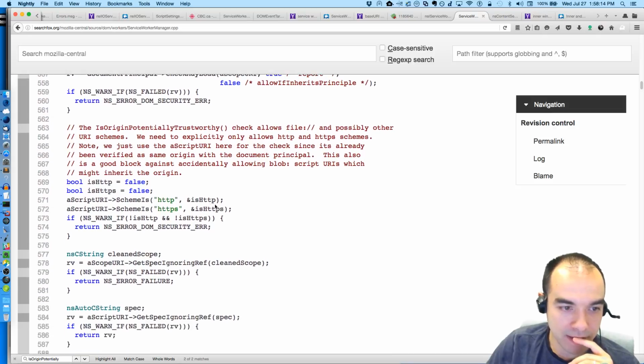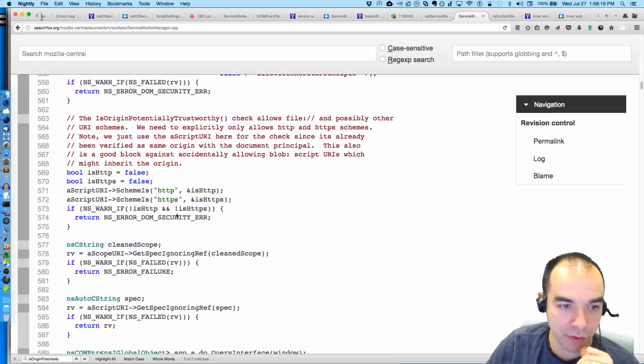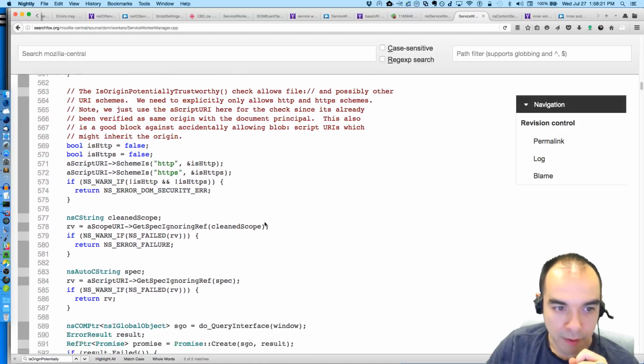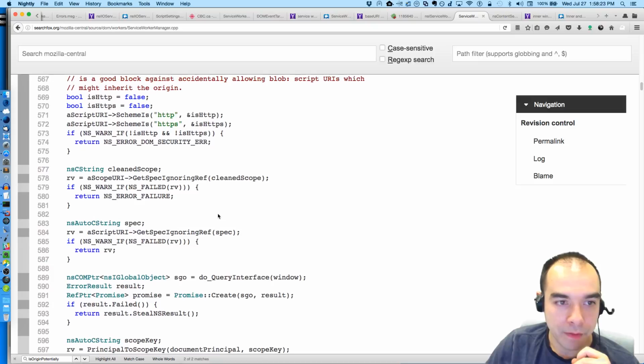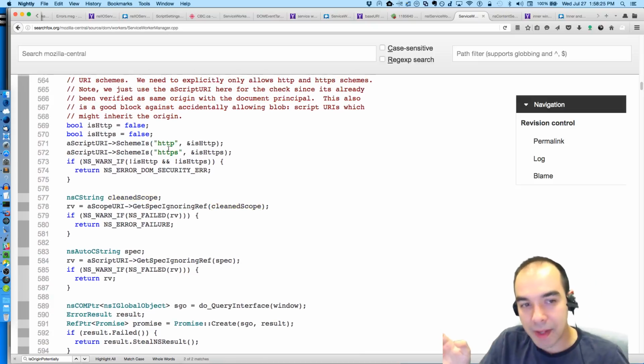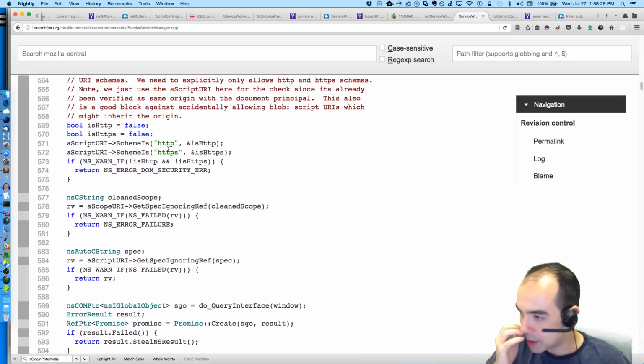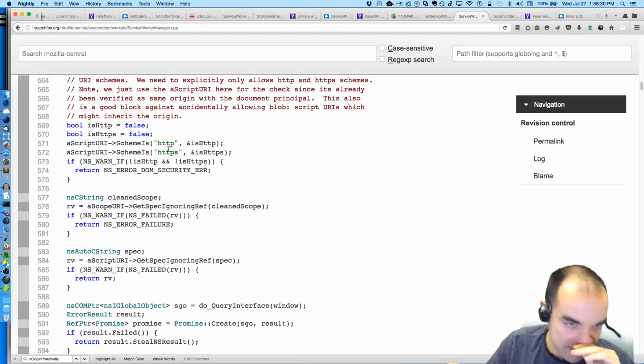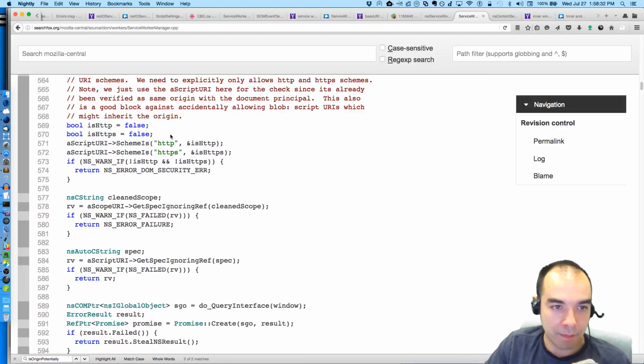So we check to see if it's HTTP or HTTPS, and if it's not either of the two, then we flip out. It's got to be one of the two. So in this case, what we've got is HTTPS if we're communicating to the outside world, HTTP if we're communicating locally is allowed. Because if we'd gotten this far, that means that it's either HTTPS for the world or we're communicating locally. And now we just make sure that we're using either HTTP or HTTPS and none of the other schemes, no file schemes or anything like that.